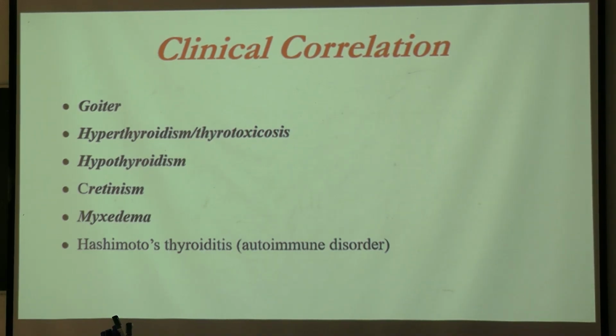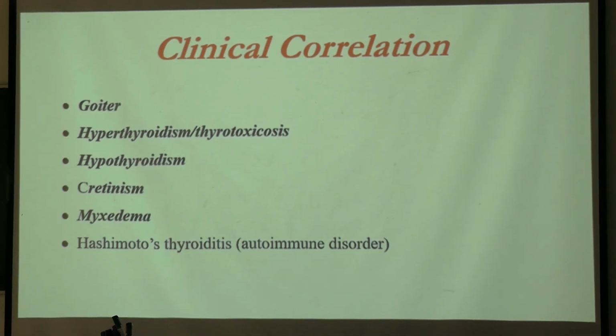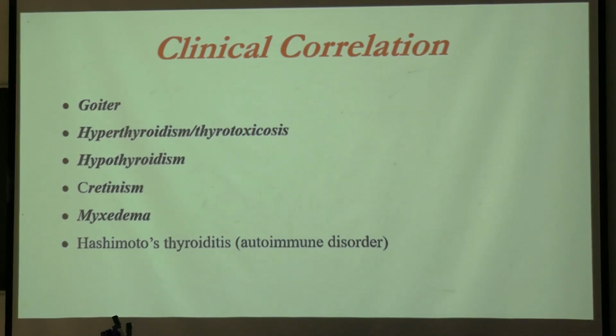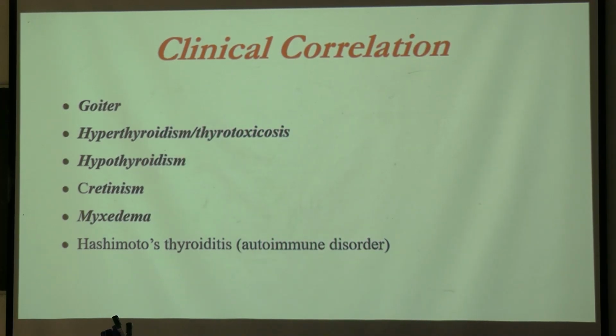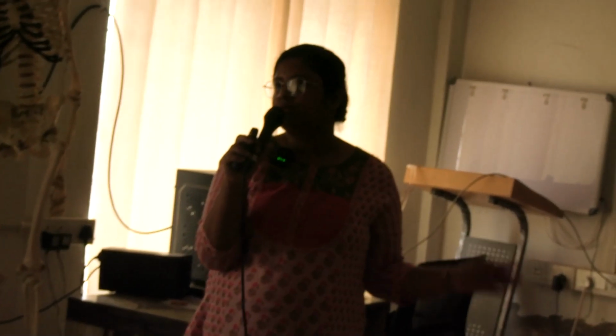hypothyroidism. This is less secretion of the thyroid hormone, and if it occurs in a child, the brain development of the child will be hampered. Okay, and it will lead to cretinism, and growth and metabolism of the child is also disturbed. So this will lead to cretinism. Cretinism, they are dwarfs and the mental development is not proper in this child. And myxedema occurs in adults. Okay, hypothyroidism, there will be water retention in the body, truncal obesity like this. That will lead to myxedema.